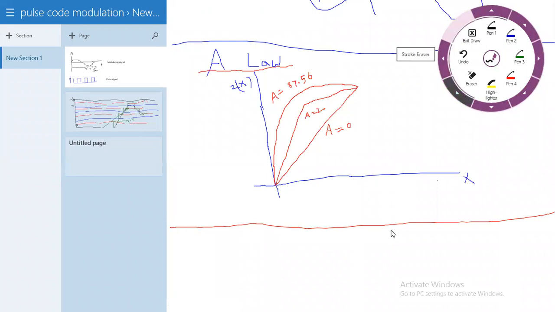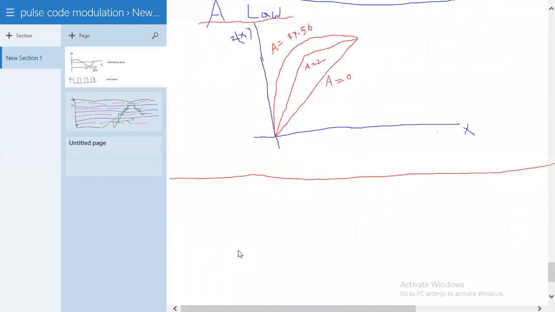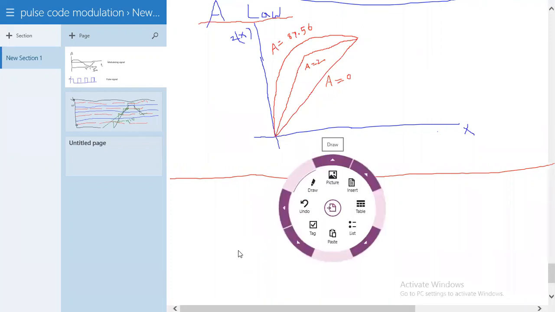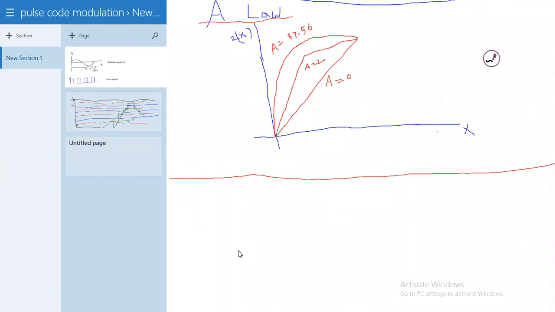Okay, so before going to discuss the next topic, here we will discuss the disadvantages of PCM. Generalized advantages and disadvantages were already discussed in the previous class, but particularly here is one of the drawbacks that can be present in PCM, pulse code modulation. So here we can observe the quantization process and the encoding process of this PCM.